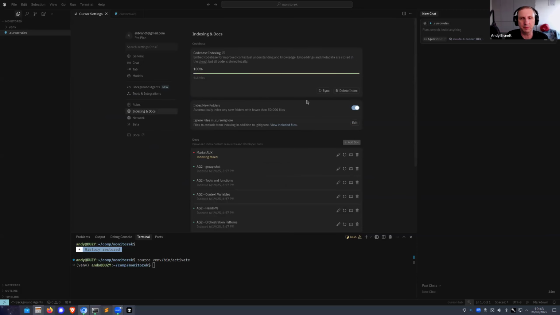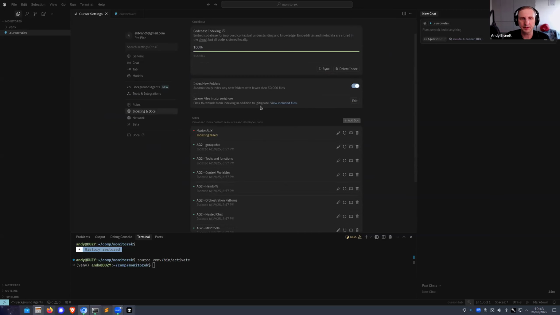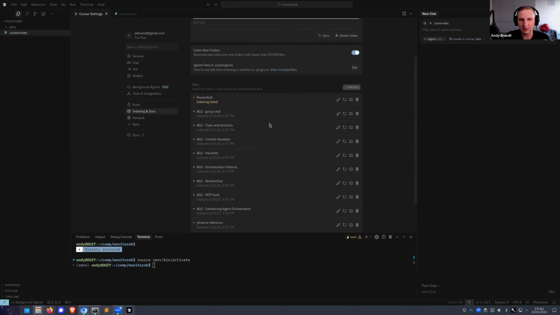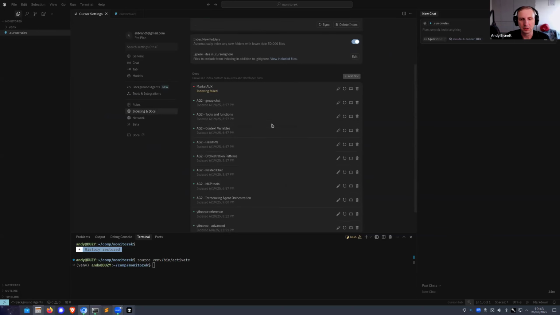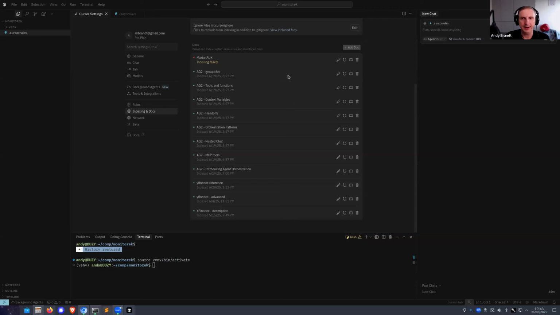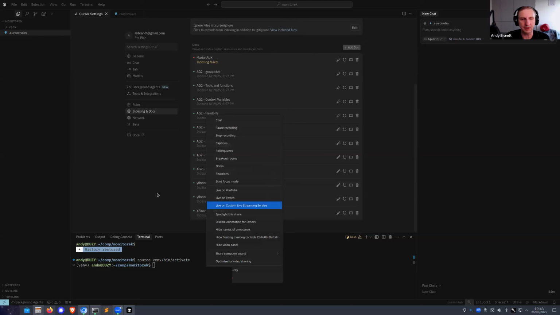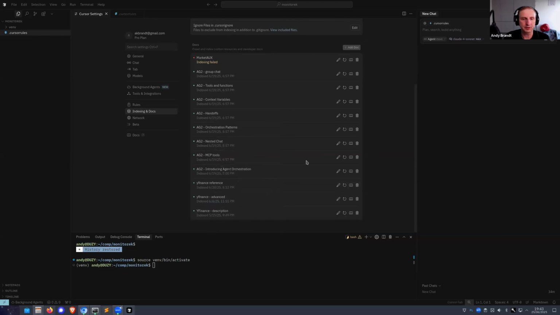Now, another thing that many people do not do is this here, which is documentation. Cursor can index documentation and use it then within your project. What is unfortunate is that this documentation is for all the projects. That is, it's not project specific. In whatever folder you start Cursor, this will be the same documentation. But nevertheless, it's very, very interesting to have it.